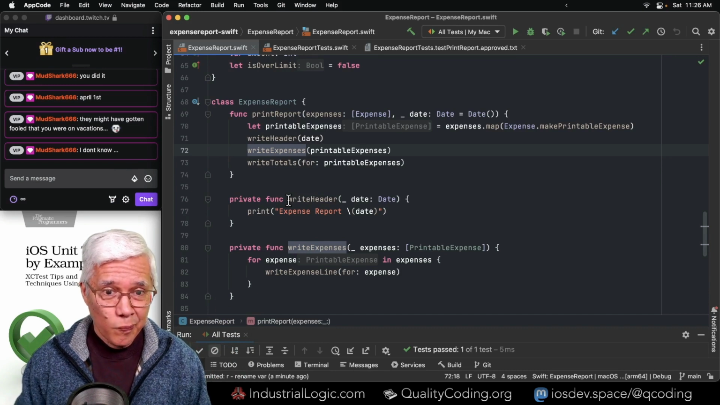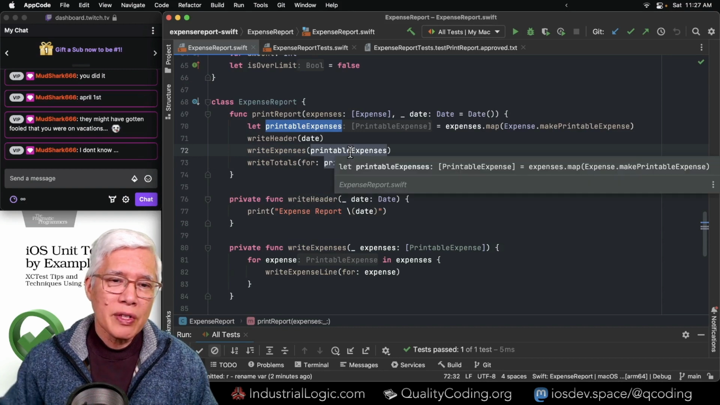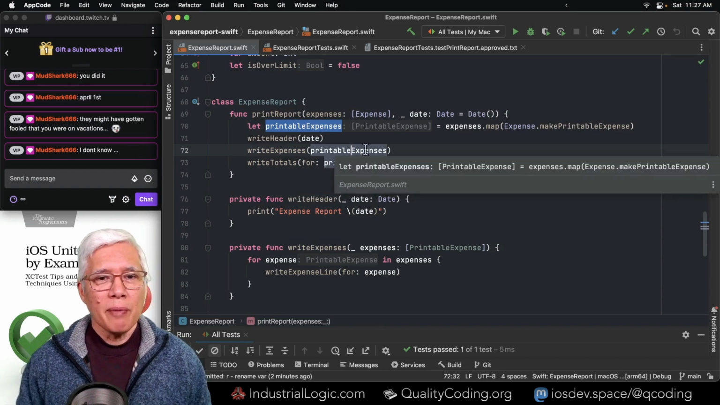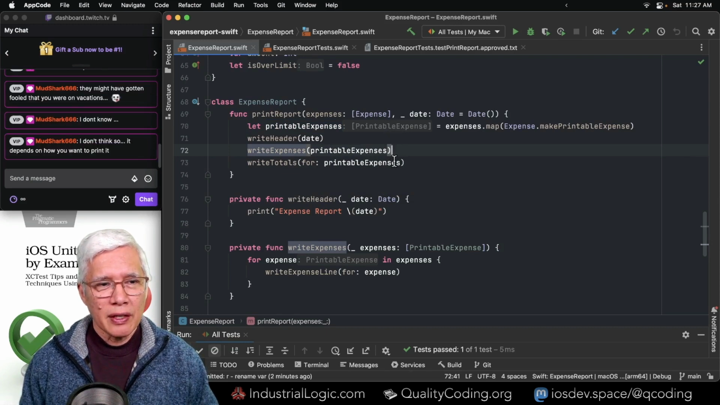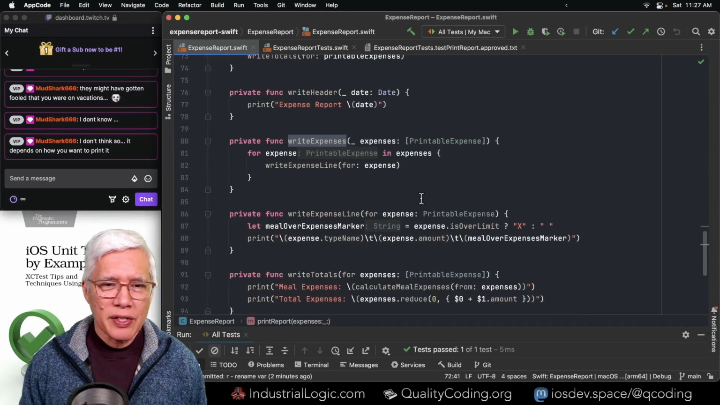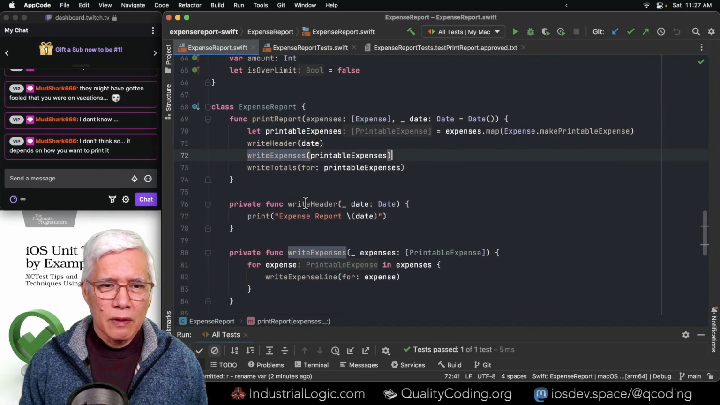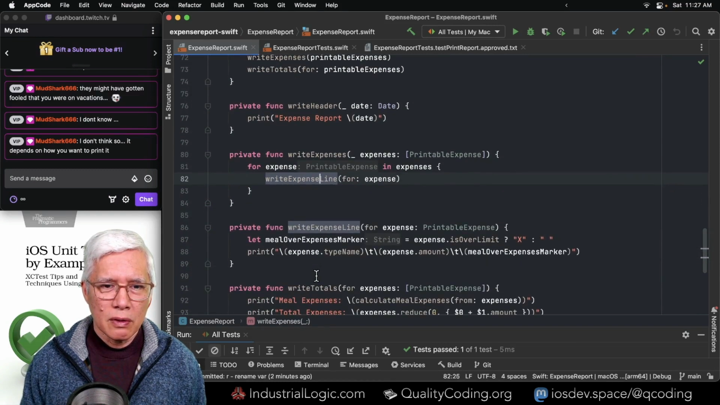So, but I suppose the print, where this might change, well, let's see, because printable expenses is an array of printable expense. And let's see if, yeah, I'm not sure, but let's give it a try and see. Or let's see what happens, because write expense line for expense. There. That one we should be able to move. Although it is